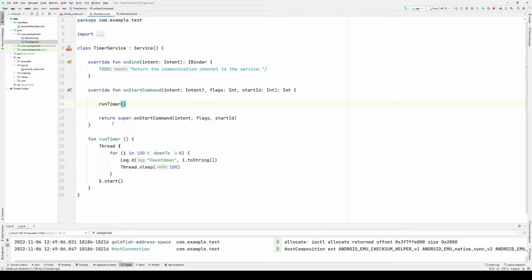And then all I need to do to have this service execute is call startService with a reference to timer service.